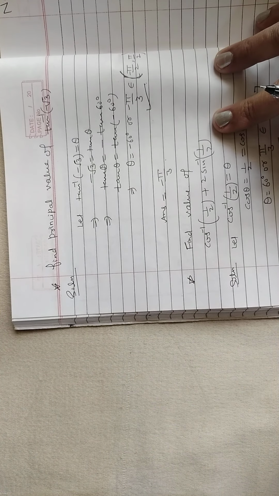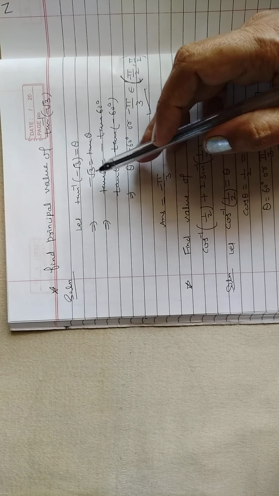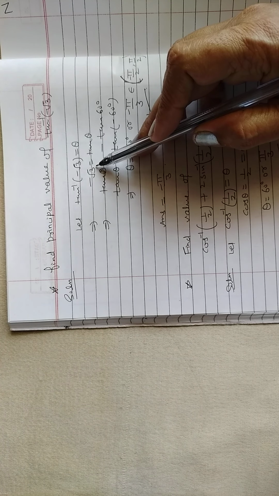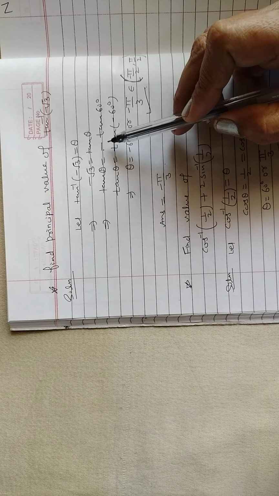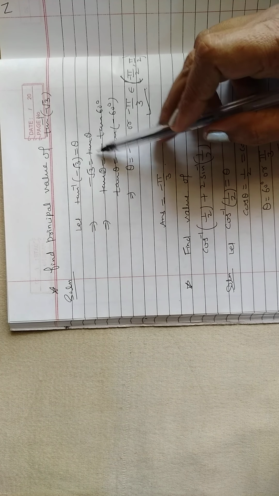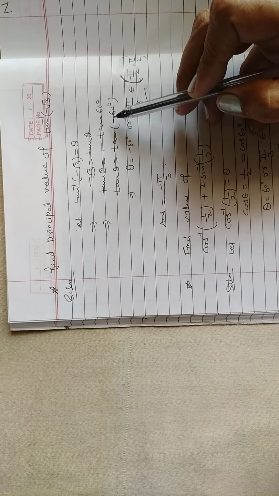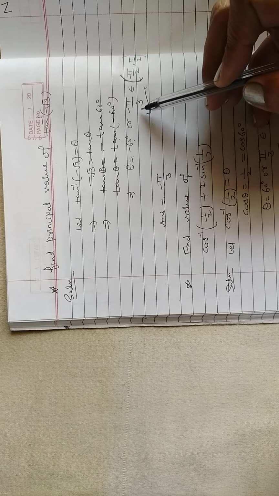Clear? Now next question is, find the principal value of tan inverse minus root 3. Suppose this is theta, then tan theta is equal to minus root 3, and root 3 is what? Tangent 60 degree. So in case of tangent, this minus can go inside because tan of minus theta is minus tan theta, you have read in class 11th. So here theta will be minus 60 degree or minus pi by 3.